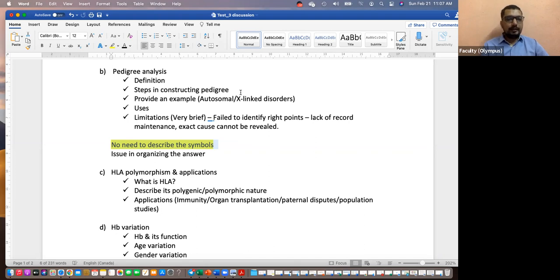So take an example and write it. This is a 10 marker question, so you don't have to give multiple examples. One example is enough. I think some of you briefly talked about two. Instead, I prefer you to write about one example with how the pedigree is constructed, what outcome you can come up with from that pedigree chart, and mention how this is useful briefly. Rather than mentioning multiples, if you want, mention multiple, but describe one.